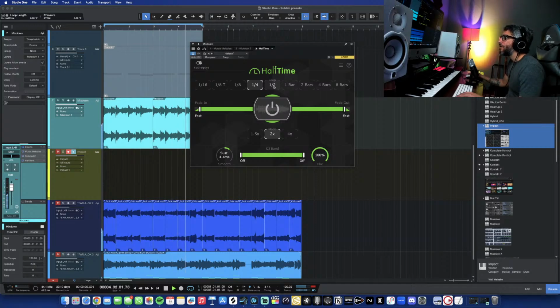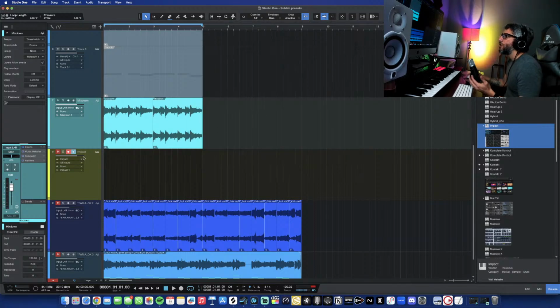Then you can go through this. So you see how I came up with two different kinds of melodies for that part, and you can even combine them also in